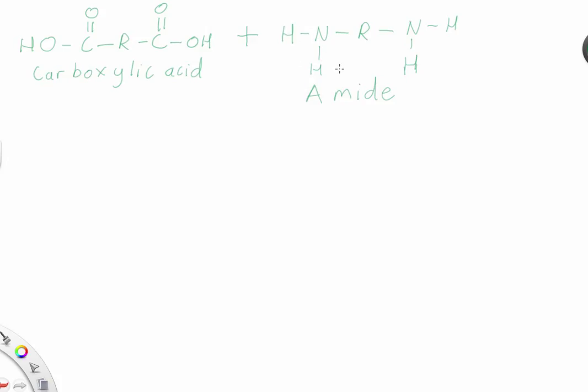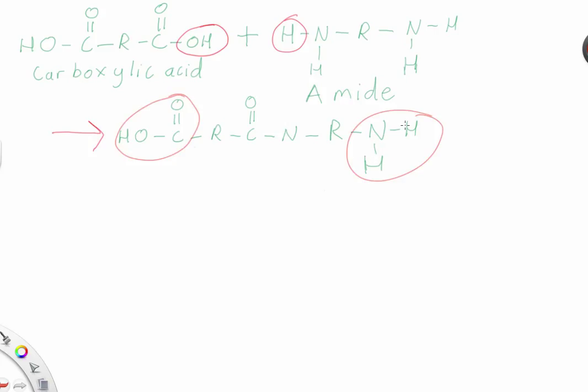So then what happens is we're going to have a condensation reaction between the alcohol group on the carboxylic acid and the hydrogen on the amine group. And this will give us a longer molecule. Now it's possible for this amide group to react with another carboxylic acid, making the chain